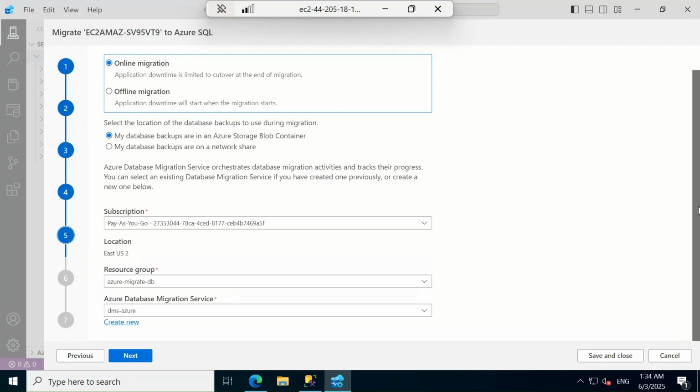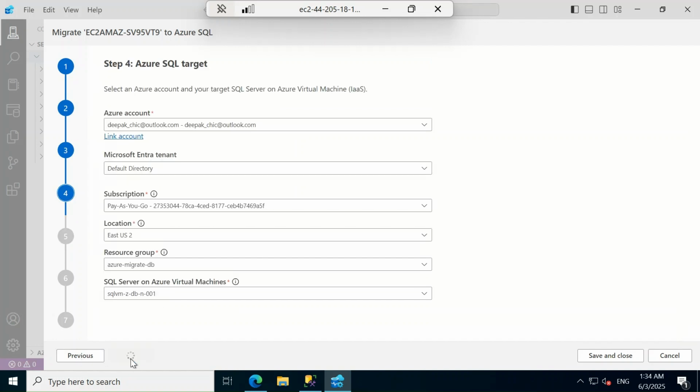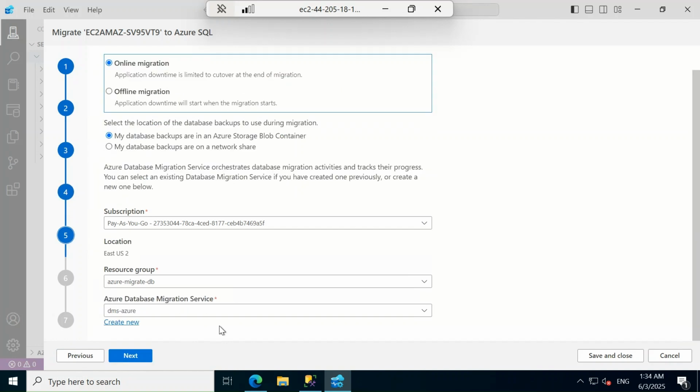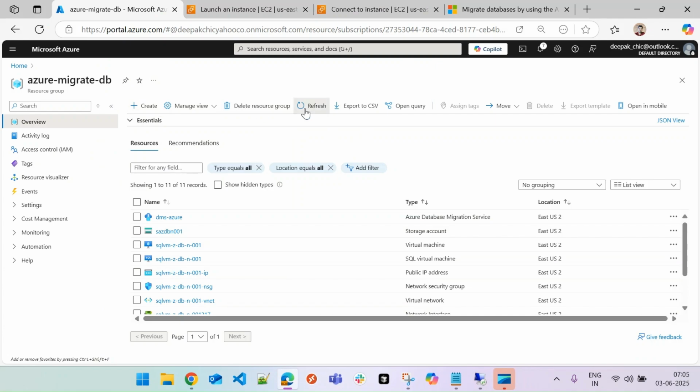Now if you take a step back and come back, normally you should see the database migration service here as well. As I can see, DMS Azure. Sometimes it doesn't show in one go, even if I click previous and next. In that case, you can just cancel the whole migration and start it again. But there is another catch. When you start again, if you minimize this, come to Azure Migrate, and refresh it,